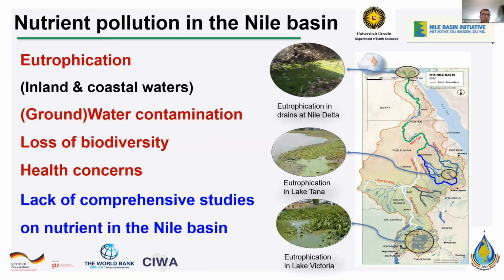There are several forms of nutrient pollution in the Nile. As you can see, there is eutrophication of inland and coastal water. We have also surface water and groundwater contamination by nutrients like nitrate and nitrite. We have, due to the pollution, loss of biodiversity, as in Lake Victoria, and we have health concerns. However, there is a lack of comprehensive studies on nutrients in the Nile basin, and